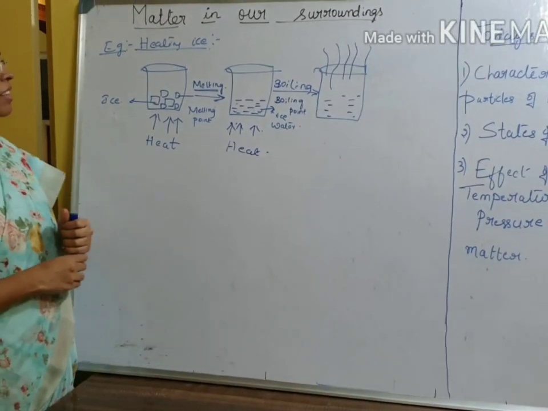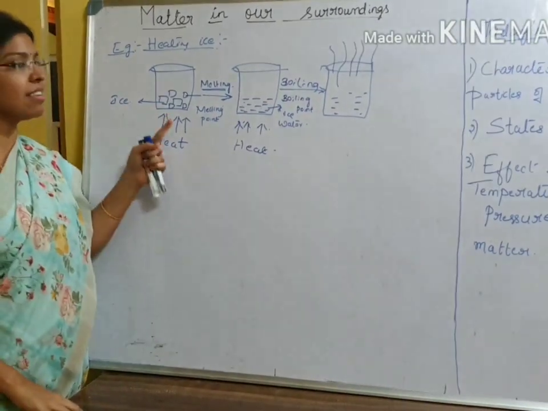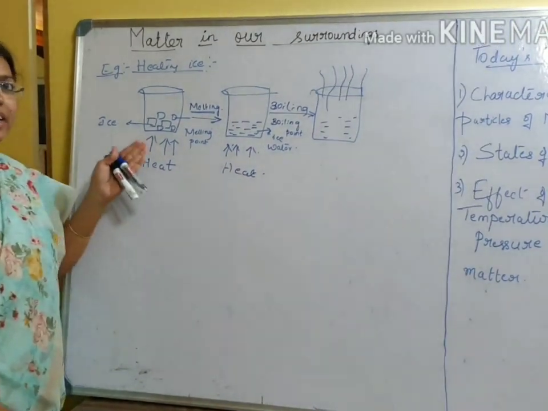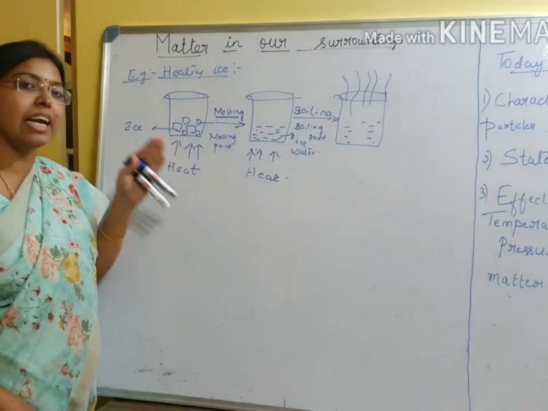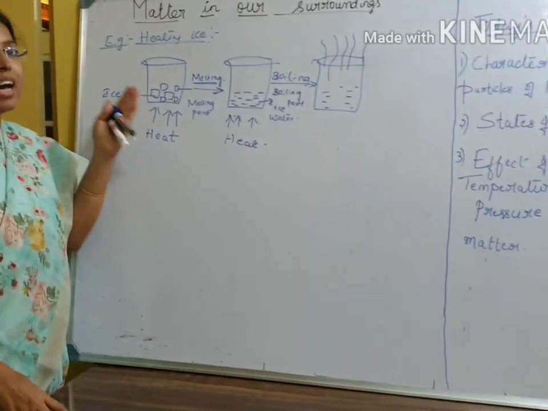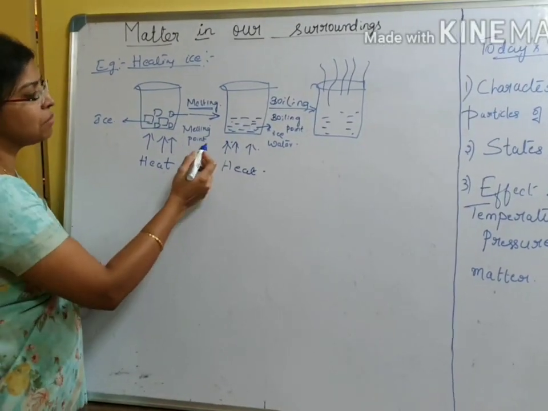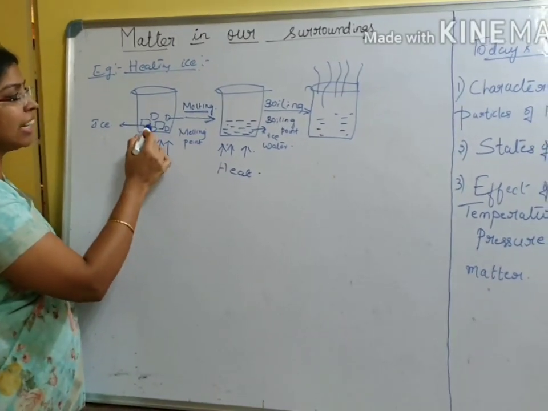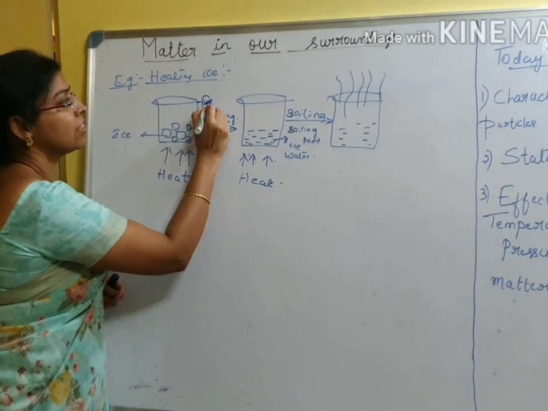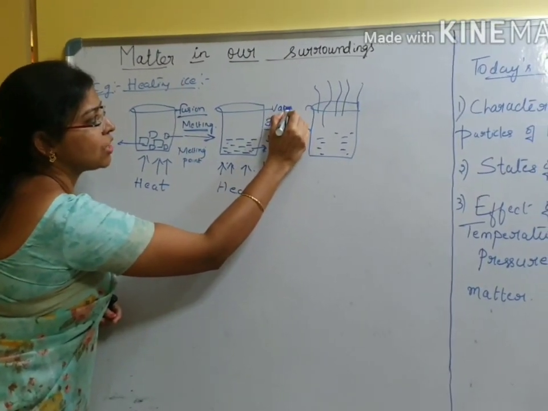Here we will come back to the experiment once again. So what happens to the ice at its melting point? Once it starts melting, the temperature is maintained. Even if you continuously provide the heat, once the ice starts melting, it maintains the temperature. But what happens to the heat which is given? It is hidden in the ice and it is called latent heat. Latent means hidden. So the heat which is hidden in the ice is called the latent heat of fusion. Melting is also termed as fusion and boiling is termed as vaporization.